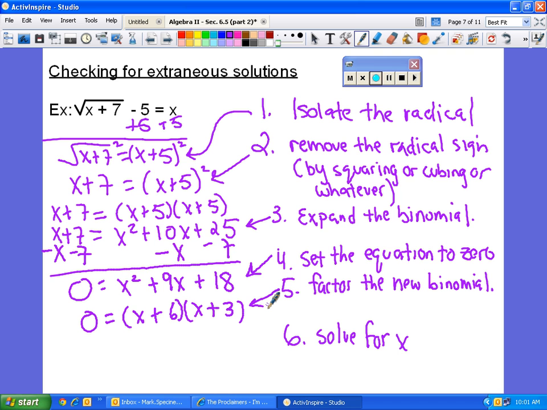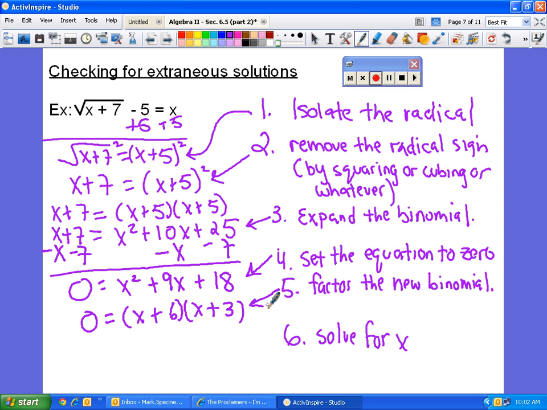Wait, they have to add up to 9 and multiply to 18. Multiply them together to get 18. Yeah, that's what I meant. Add them together to get 9. Okay, now, the second to last step